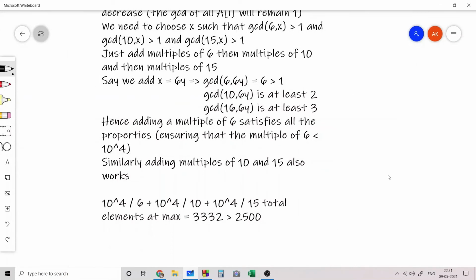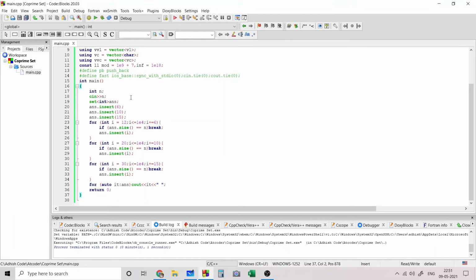So let's look at the code which implements the exact same idea. In the code, I input n and create a set to store unique numbers.